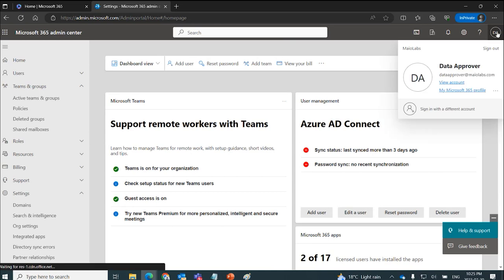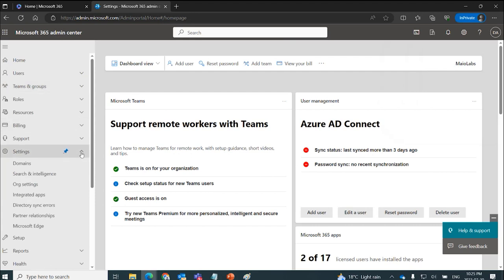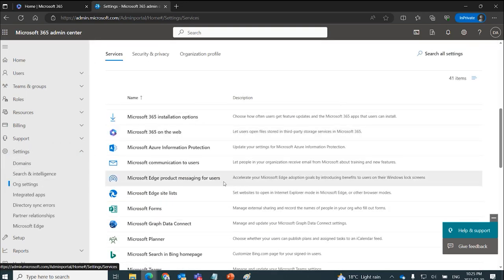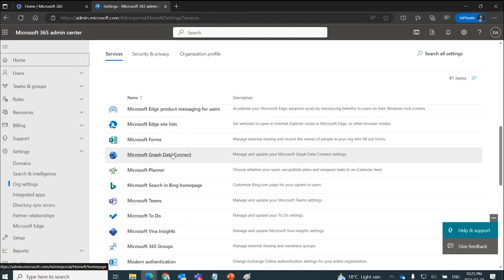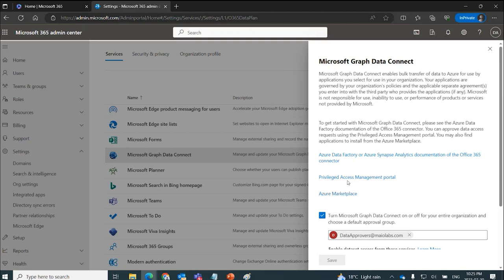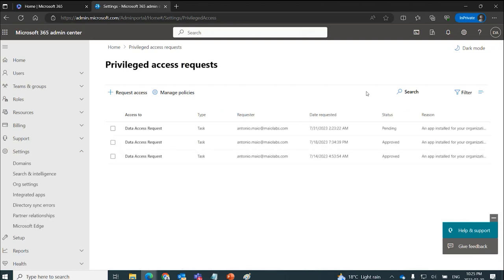Now you'll notice I'm logged into the same tenant, but this time I'm logged in with that data approver account that I created. So here, I'm going to come down to my settings, org settings. I'm going to come down to Microsoft Graph Data Connect here. And I'm going to go to that privileged access management portal. If I click on that,